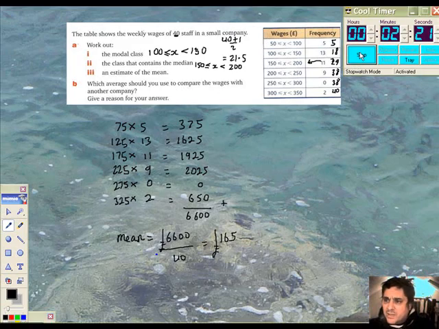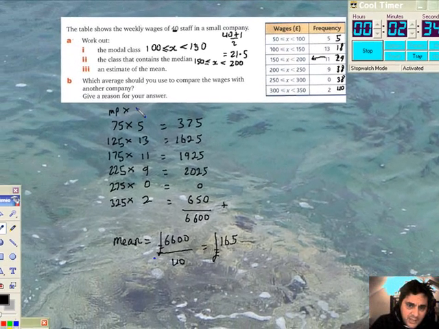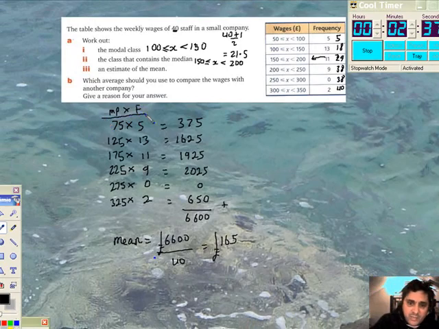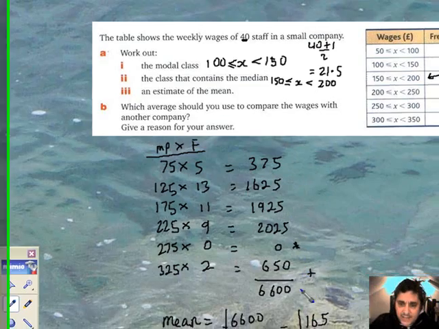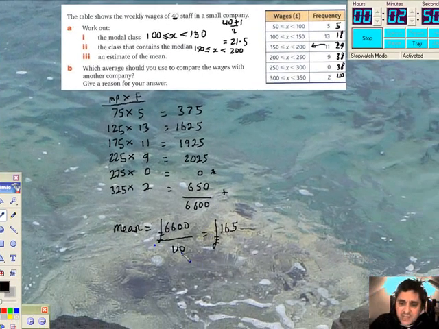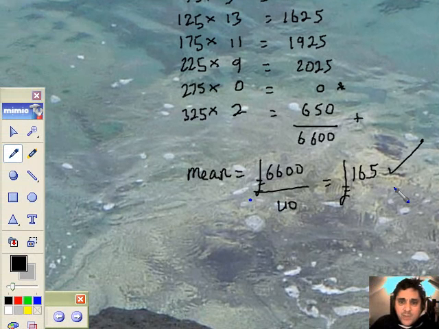Right, I think we're back. Start the clock again. What I've done in your absence was to calculate the midpoints times the frequencies, and highlight a few dangers. Number one, make sure you get the midpoints correct. These are all the midpoints, and these are all the frequencies taken from the table. This is a dangerous one: in your exam, don't forget that when you multiply by 0, the answer will be 0. So all the wages paid is £6,600. Sharing it amongst the 40 staff, the mean wage will be £165. That's to save time, and that's why I did that.